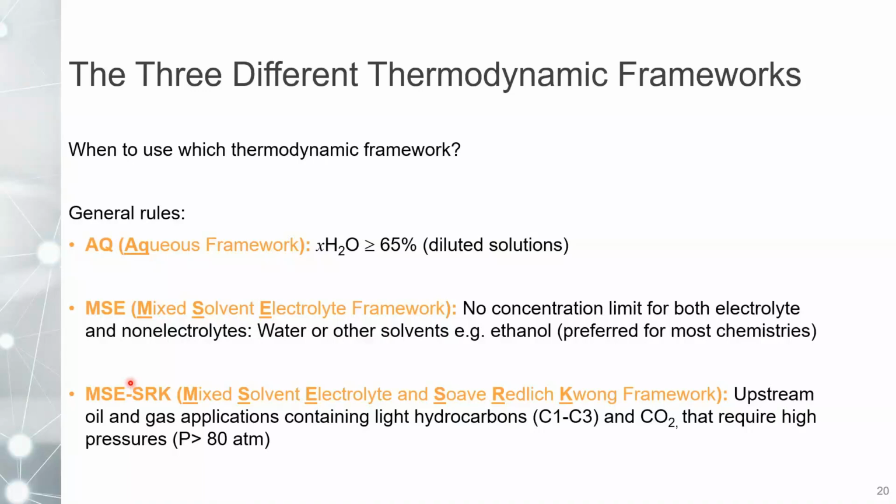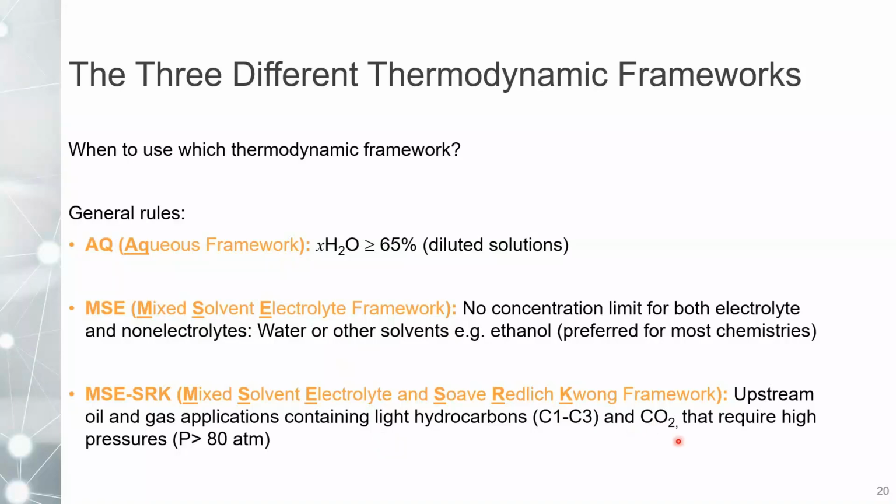So we combine both the MSE and the SRK equation of state when we have upstream oil and gas applications, and the chemistries contain light hydrocarbons, for example methane, ethane, propane, and when you have acidic gases, for example CO2 and also H2S, which are what is causing the critical transitions.